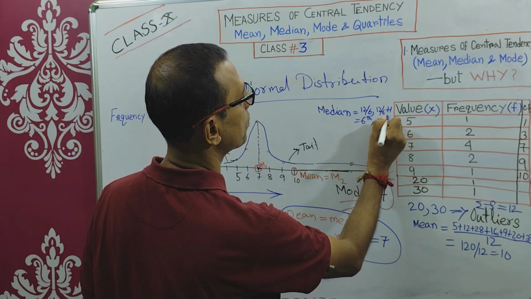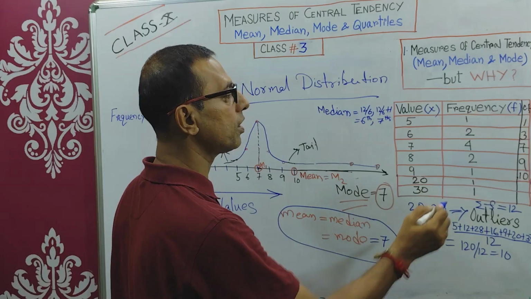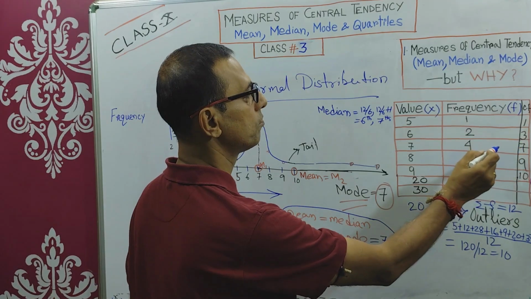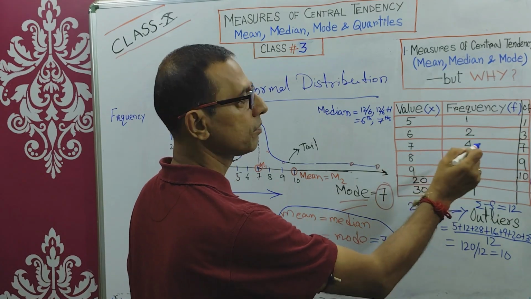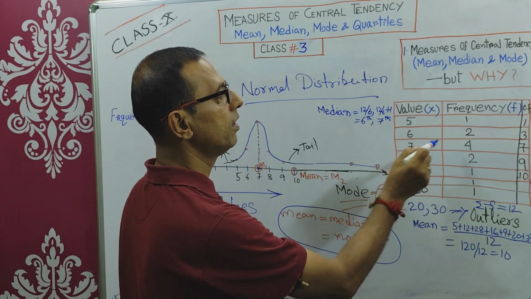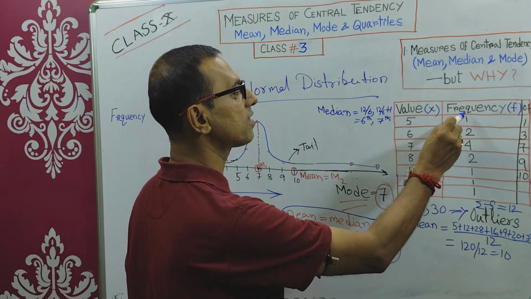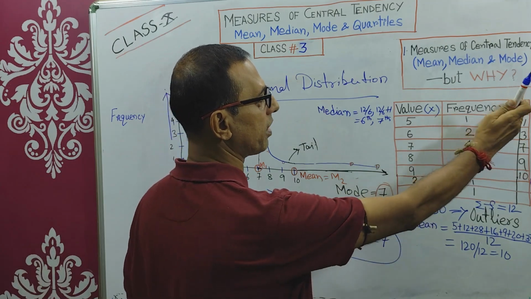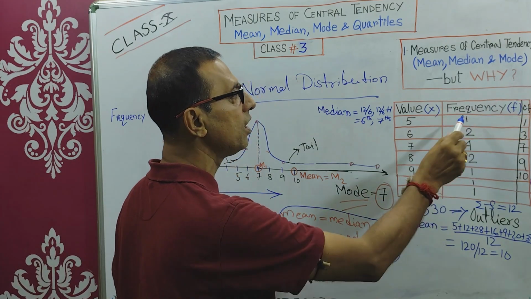6th and 7th position. So what is the 6th and 7th position? Again, it is 4. It is 7. Right? Both the 6th and 7th observation is 7. Either you look into the cumulative frequency, or straight away without having this extra column of cumulative frequency, you can calculate